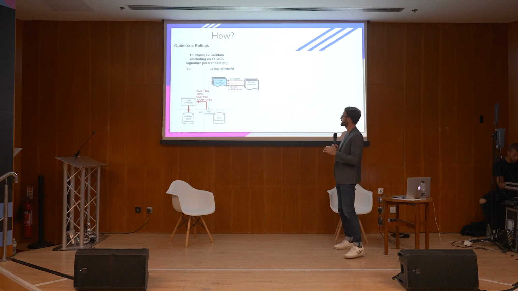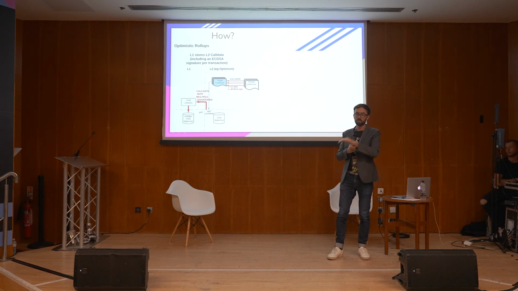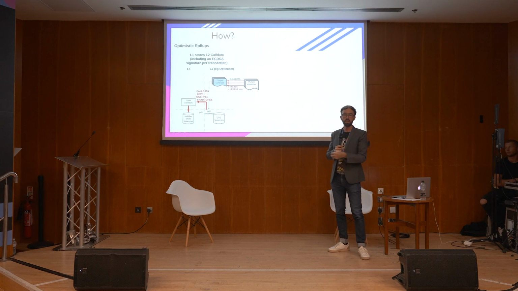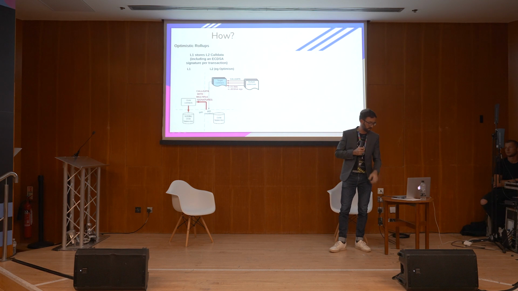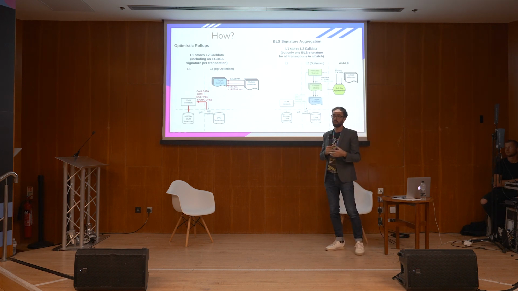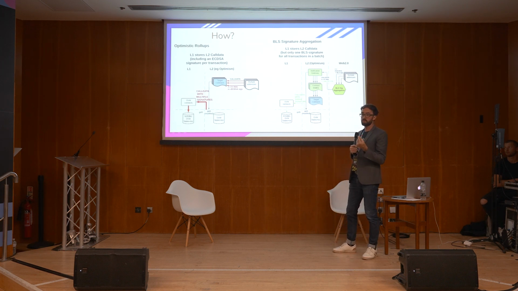I'll dive a little bit into the tech, but in a nutshell, when you make transactions on layer 2, you have the transaction data as well as the signature. Every transaction is signed by an individual signature. That gets verified on the layer 2 and then rolled up to layer 1. So the data for every transaction as well as every signature is submitted to layer 1, and that's got a cost associated with it. With the project I'm working on, we use a BLS signature scheme with on-chain verification so that we can reduce the signatures. Rather than having n signatures for n transactions, if we had 200 transactions, we'd only be storing one signature, not 200 signatures.